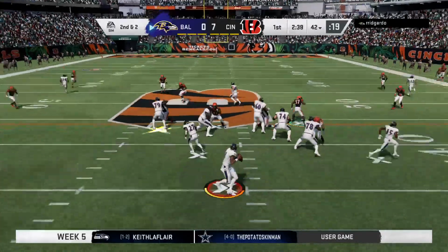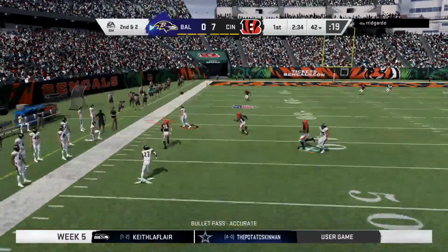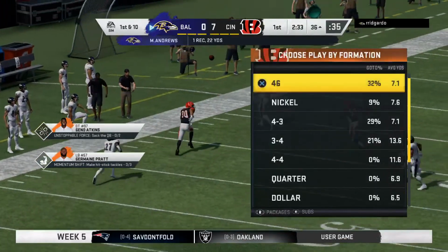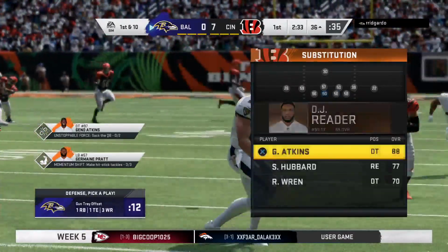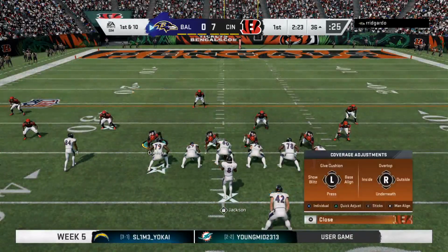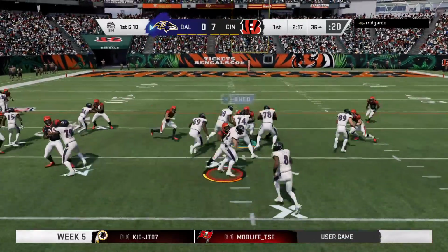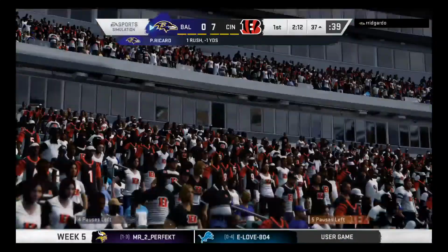On 2nd and a couple, Jackson. That's caught by the former Sooner, Mark Andrews. 22 yards there, a first down. And there's a completion to the tight end. And look at the size of these players nowadays. At that spot, 6'4", 6'5", and up. A lot of guys used to be basketball players, somehow came back to football. And that's really good for the game of football. You get better athleticism, great hand-eye coordination, guys who know how to control their bodies when they run their...